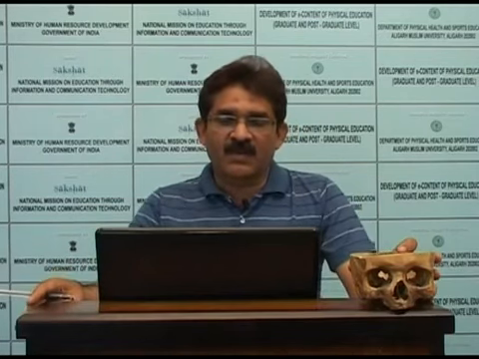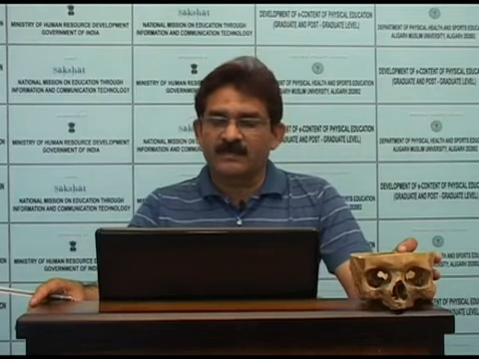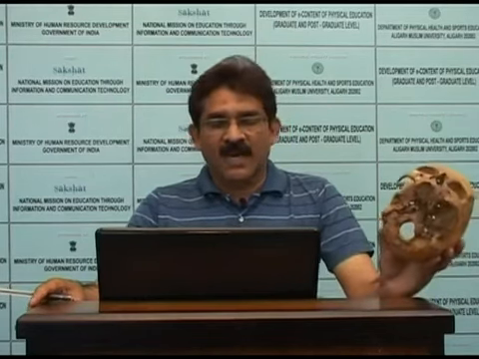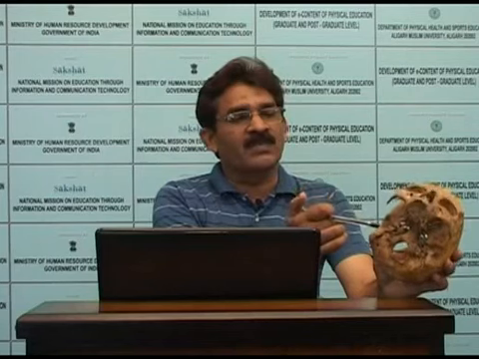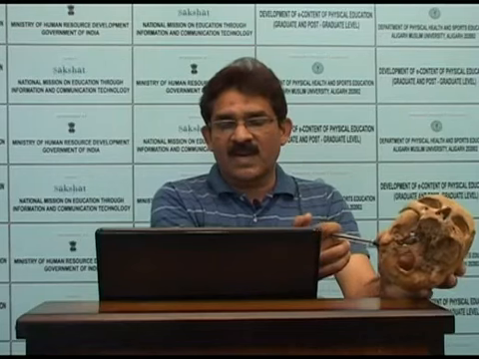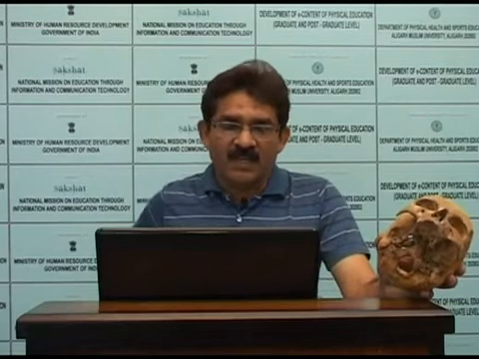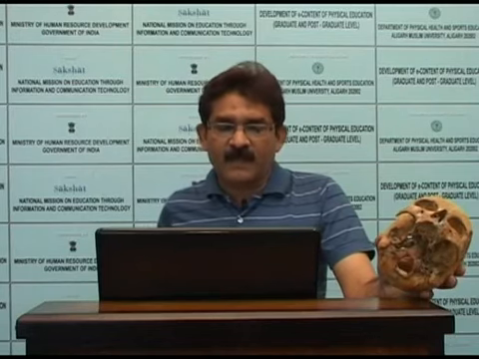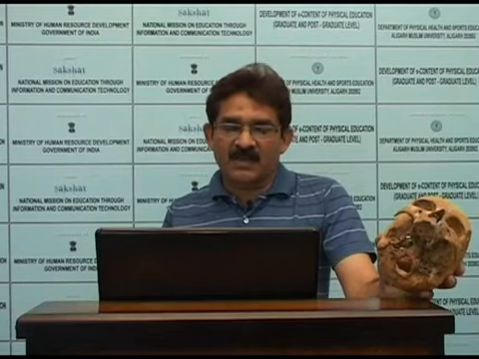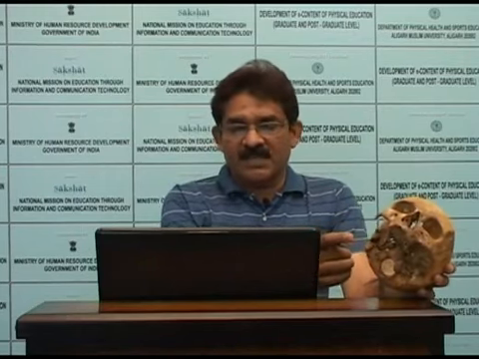Mastoid process, prominence located posteriorly on the temporal bone. This is the temporal bone, this is zygomatic, and this is the temporal bone. Mastoid serves as the attachment site for the SCM and the posterior belly of the digastric muscle. External acoustic meatus is located just anterior to the mastoid. This is the mastoid.